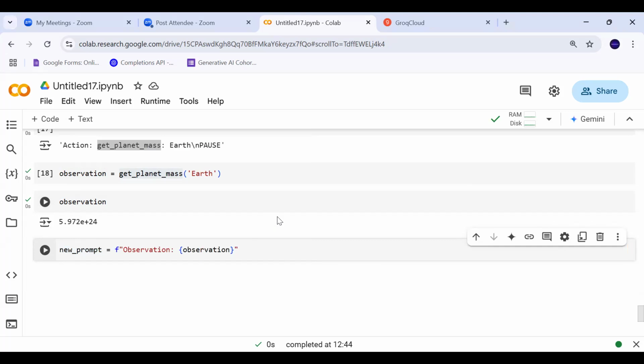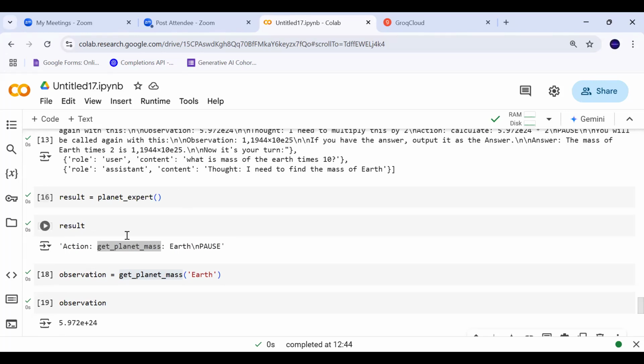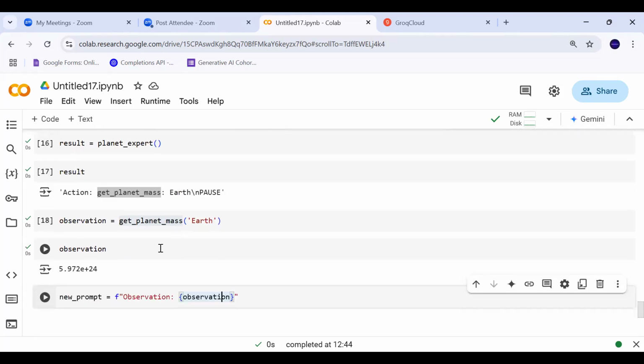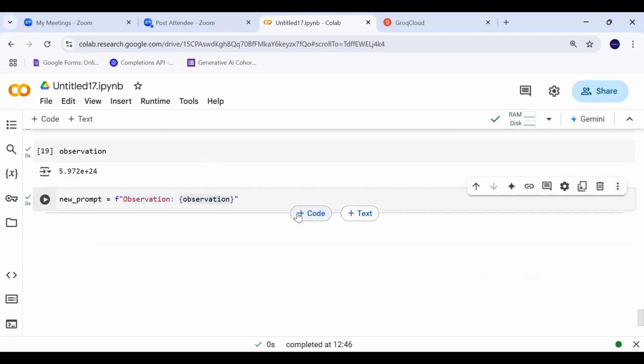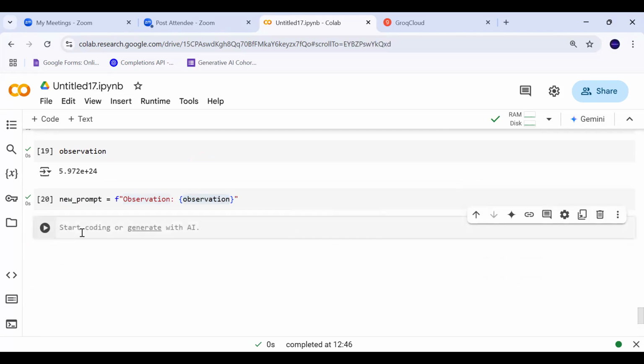Before that, if you want to see the list of messages, that has no impact on the messages, right? Because we invoked this externally. Now I'm creating another prompt which will say this is the observation, this was the thought, that was the action. We executed that action, and now we are sending the result, the observation, back to my LLM. So I need to create one prompt, and with that prompt, I will be invoking my agent again.